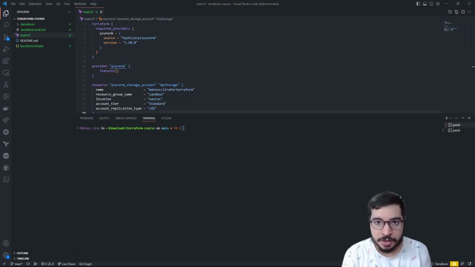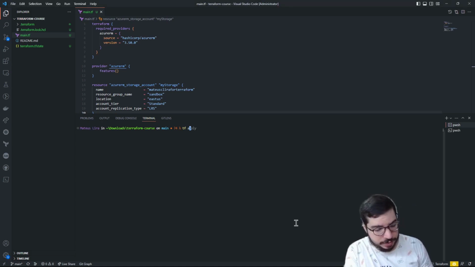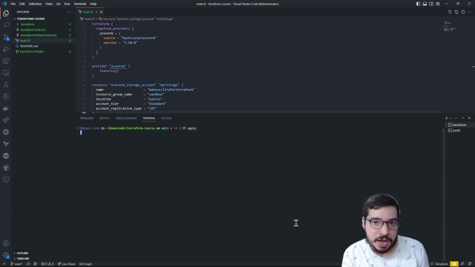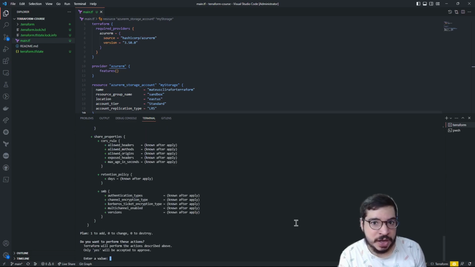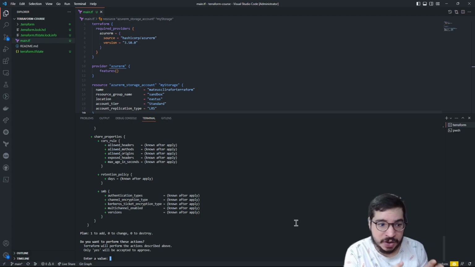So now that I know everything that's going to run in my plan, I can run the Terraform apply. The Terraform apply is basically going to create another Terraform plan for me. And it's going to be shown, asking me, are you sure you're going to create this plan in your platform? And I need to type yes here if I want to create everything that's in the plan